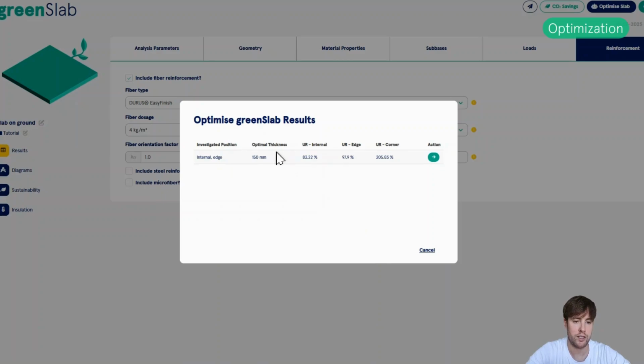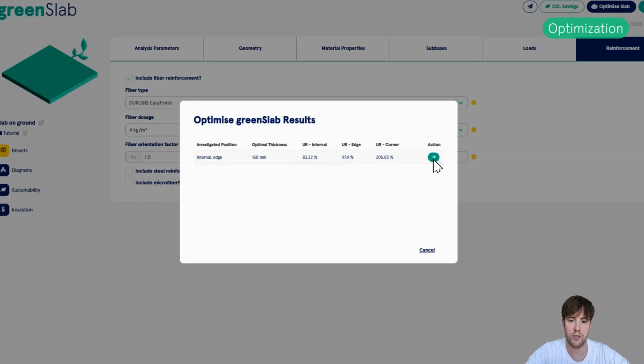Now it will suggest a slab that has sufficient capacity at the internal and edge part of the slab without any steel reinforcement, and it will actually show you the utilization at these parts. So as you can see, the corner will be way overutilized, but we will fix that with some reinforcement after this.